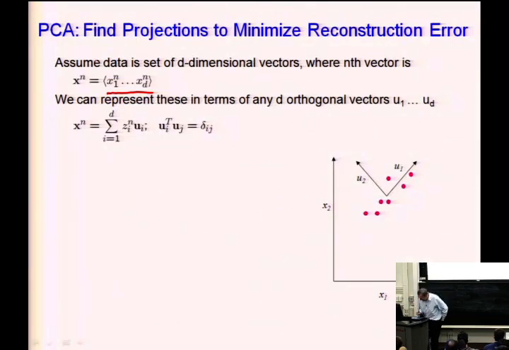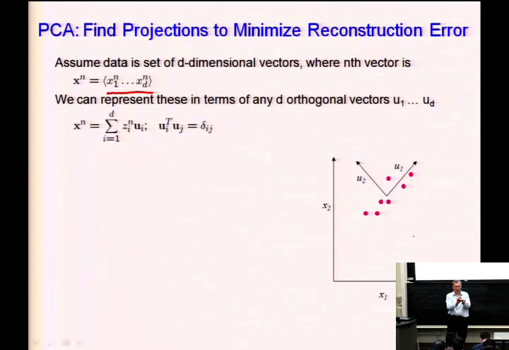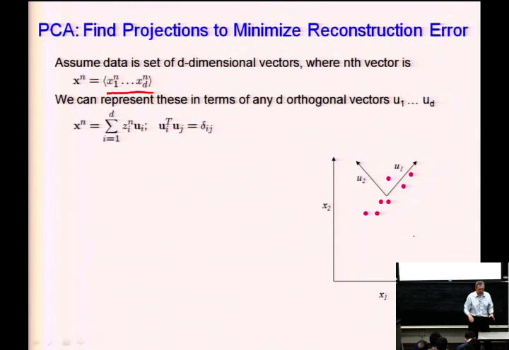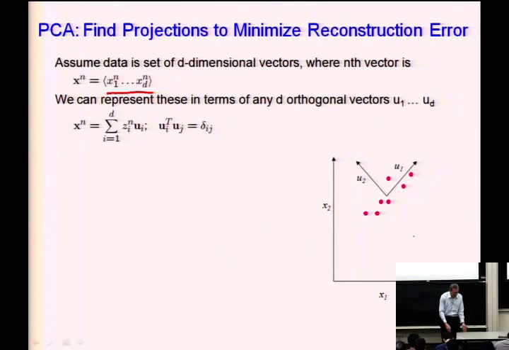It can't be helped. But we can think of it this way. So here we have, for example, a bunch of points in a two-dimensional space, x1 and x2 being our dimensions. And we can represent any d-dimensional thing as the sum of a weighted linear combination of d orthogonal vectors. In other words, if I have, let's think about 3 dimensions here, and suppose my 3 dimensions